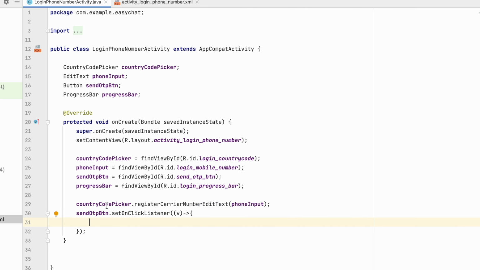So on click of this send OTP button, we will navigate the user to login OTP activity. So there we will send the OTP and user can input the OTP. So here first we will check either phone number is valid or not. So for that we have country code picker dot is valid phone number. So if it is valid, we can put it inside if